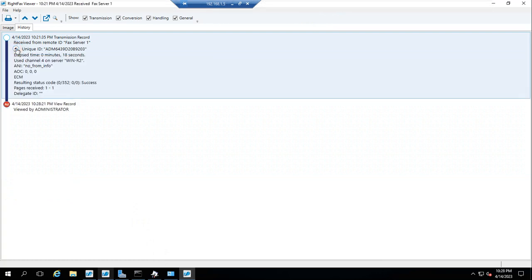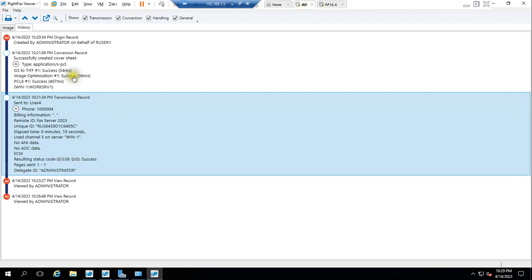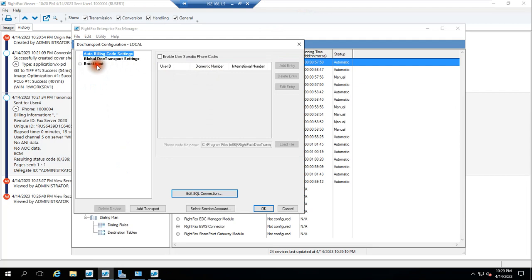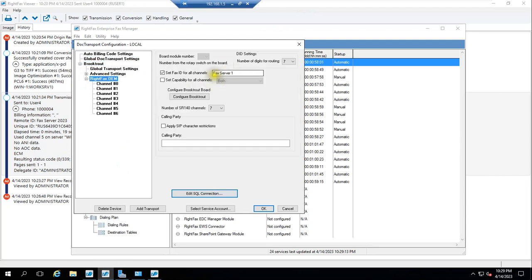So once again you can check this, you can expand, and you can see here it is a received fax, and it is showing you received from remote ID fax server 1. So this is my fax server 1. If I go to property, this is fax server 1. Okay, it came from this, and